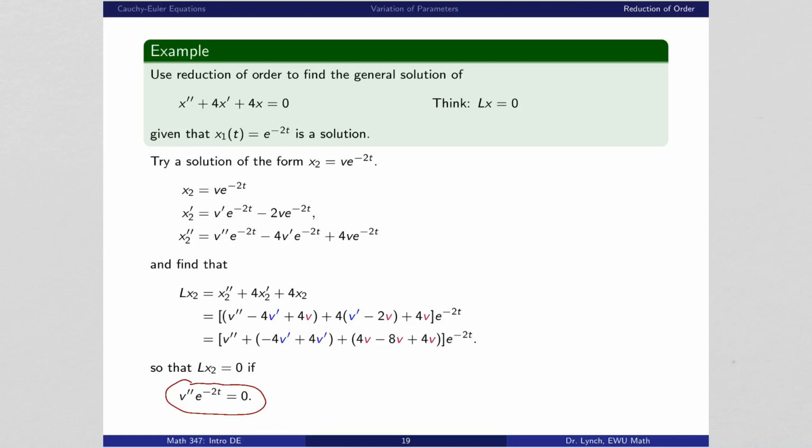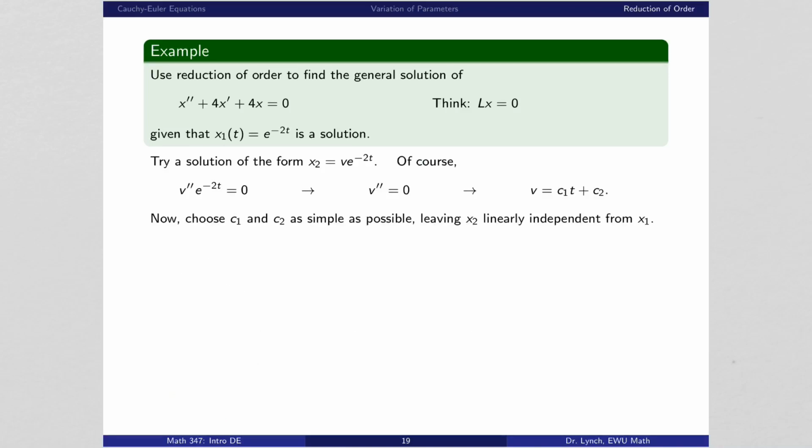Of course, that's the same as saying that v double prime is equal to 0. And if v double prime is equal to 0, of course, v is just some sort of first order function in t. And if v is a first order function in t, we can choose c1 and c2 to be as simple as possible, keeping in mind that x2 should be linearly independent from x1. So the way we'll do that in this case is by choosing c1 equal to 1 and c2 equal to 0, giving us that v of t is equal to t, so that x2 is equal to t e to